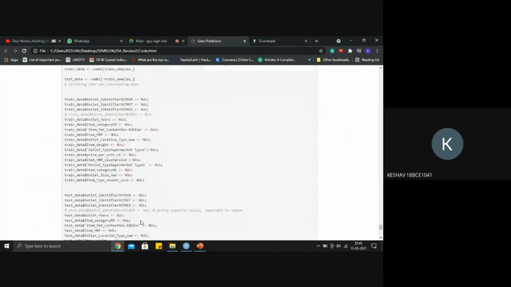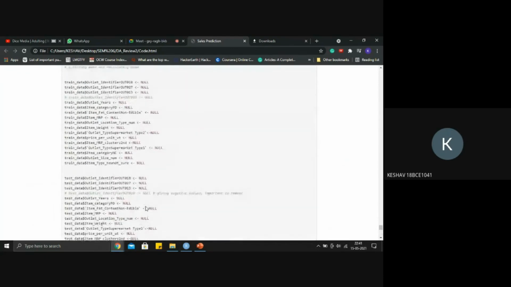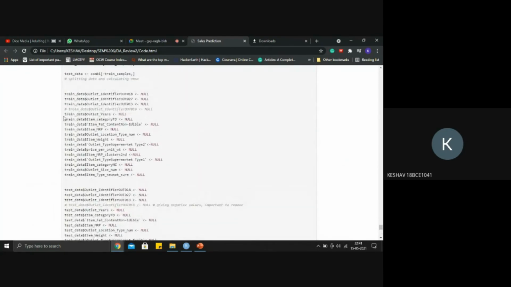The best RMSE score we got is 1216 after trying many possible combinations. We removed these columns from the table because they were causing multicollinearity.